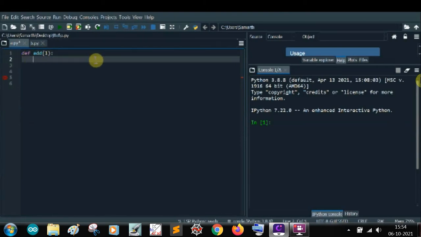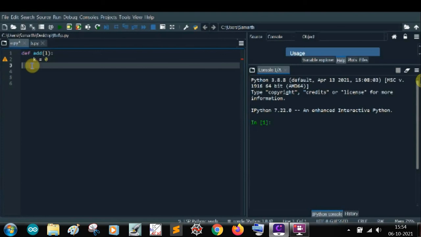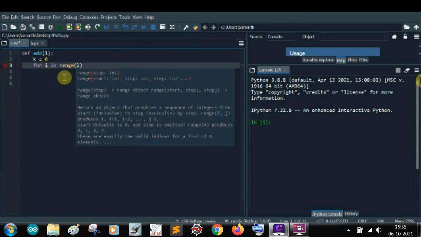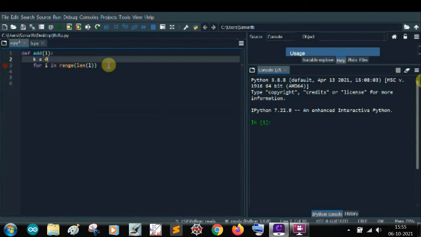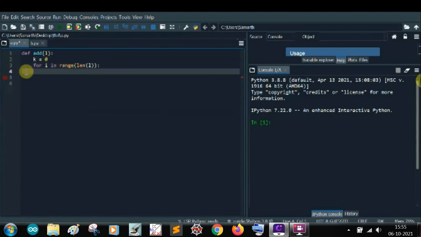Then let us write a program where we add each element one by one. First let us keep a counting variable k which will keep counting for us. So for i in range, this is just a basic for loop, length of L. k is equal to k plus L of i, right?